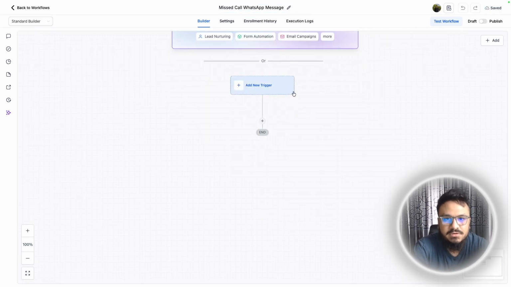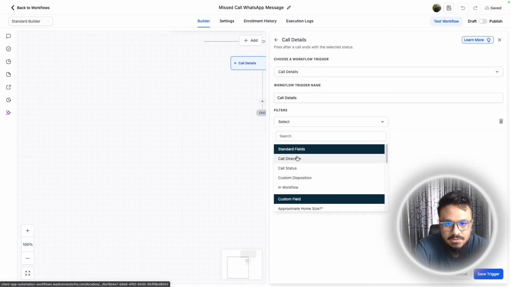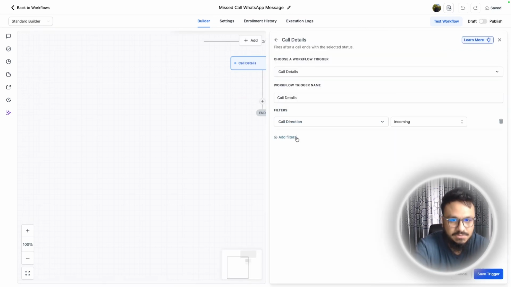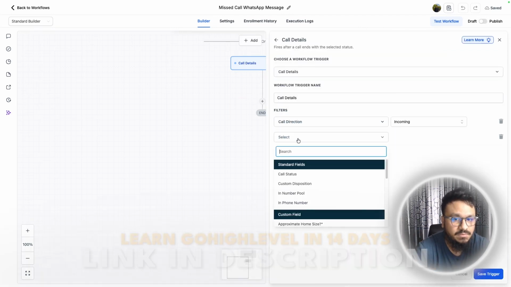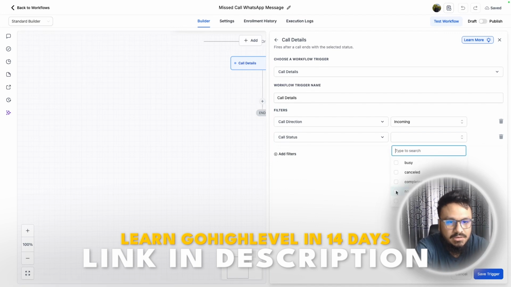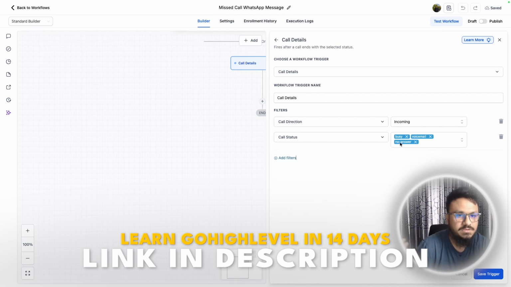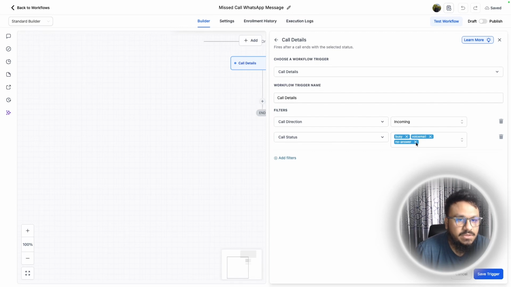Now the trigger for this workflow will be call details. So call direction will be incoming because we are just sending this message for incoming calls that we've missed. And the call status will be no answer, busy, or just say canceled. Also voicemail. So these are the call status we're checking. If the number was busy, you were talking to someone, that's why they couldn't connect the call. If it went to voicemail, or if it was a no answer, which is a missed call, then we will